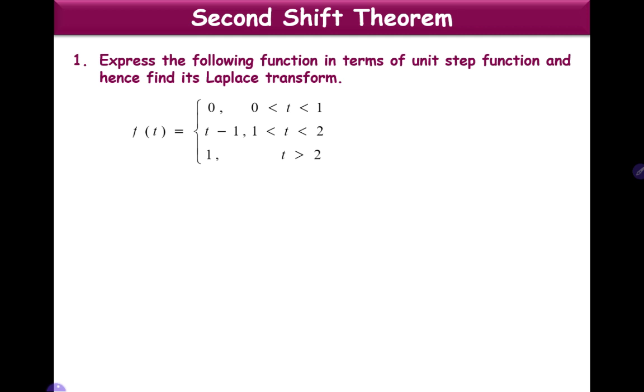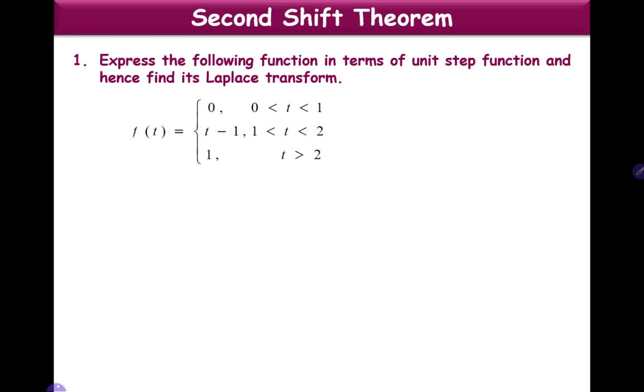Express the following function in terms of unit step function and hence find its Laplace transform. The function is given as f of t is equal to 0 for 0 less than t less than 1, t minus 1 for 1 less than t less than 2 and 1 for t greater than 2. So we are asked to express f of t in terms of unit step function and also find its Laplace